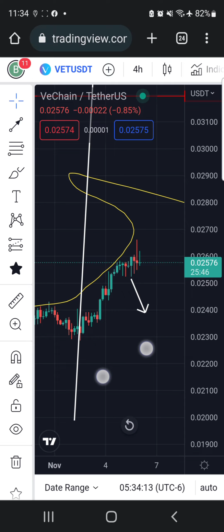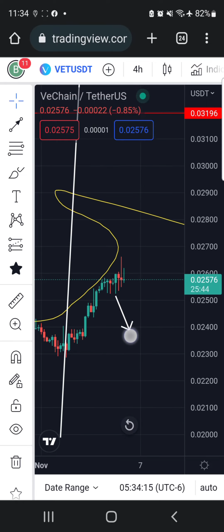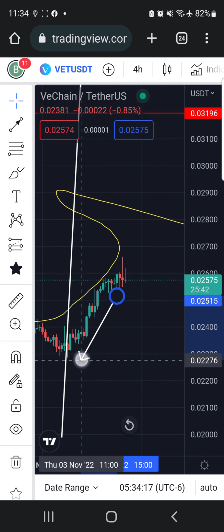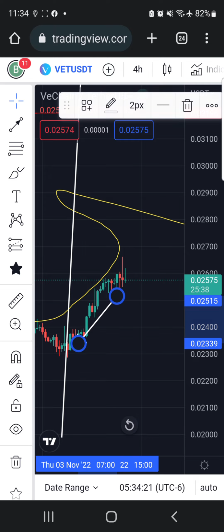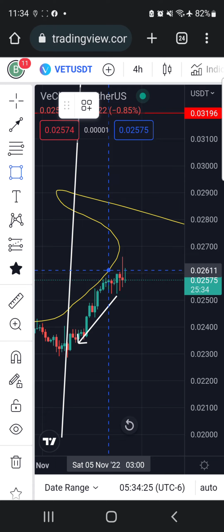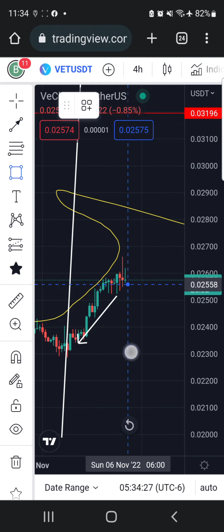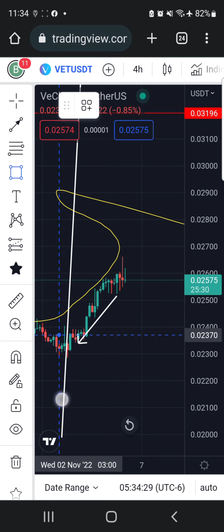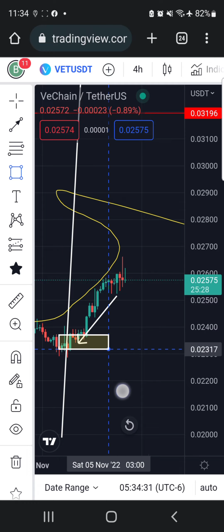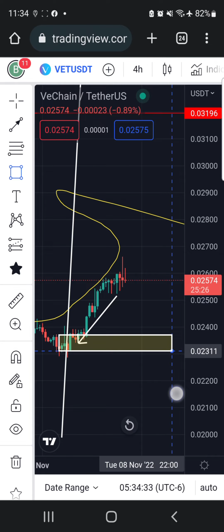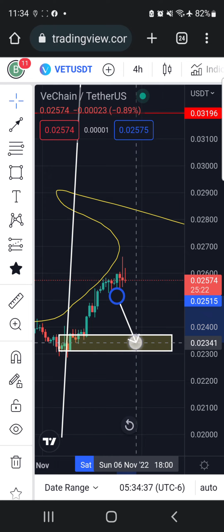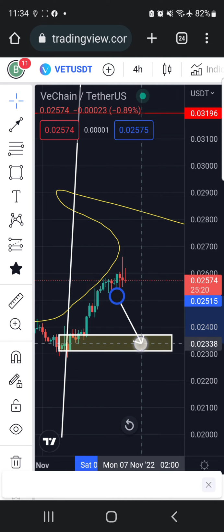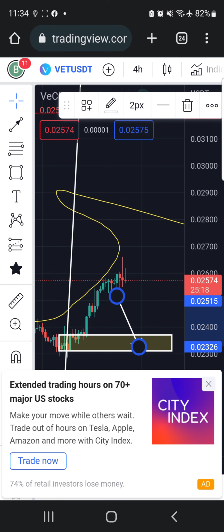If we zoom out slightly, we can see the bottom of this whole entire move. When it made its way up, it's going to be from here. So I'll show you guys exactly the things that I do to set myself up for all of my trades. I'll create this rectangular box over here, so that means this will be the first area of interest. Once we do hit within this region,